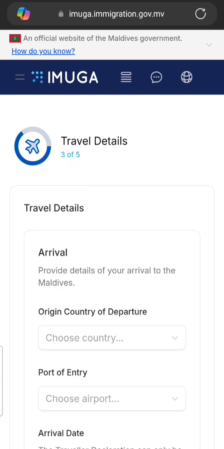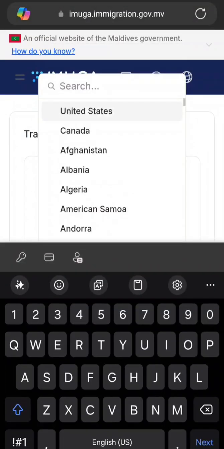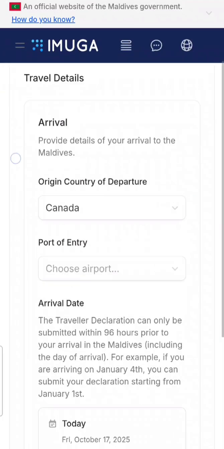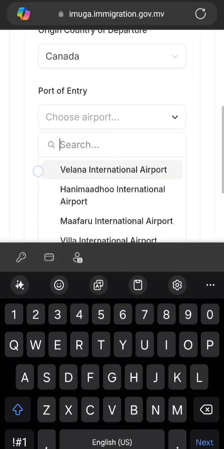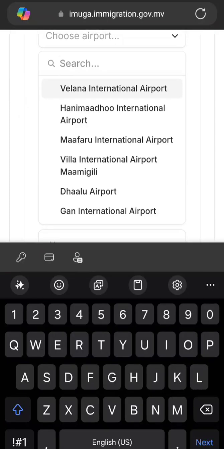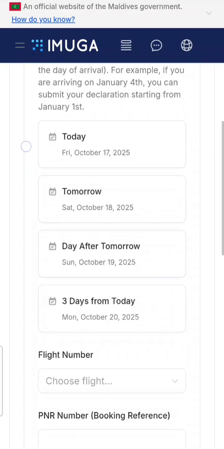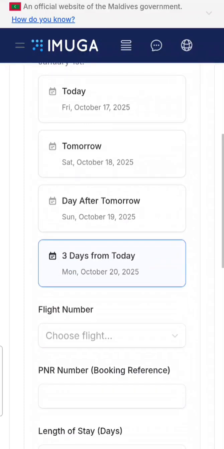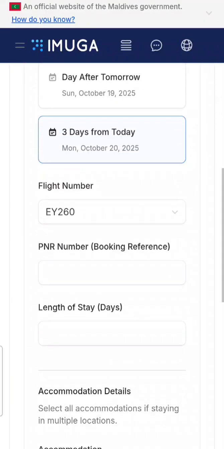Okay, next is travel details, arrival, when you are coming, and country of departure. So origin, country of departure, I select Canada. Port of entry, arrival date, when you are coming, let's say now. Flight number, wow, they have all the details. PNR number,